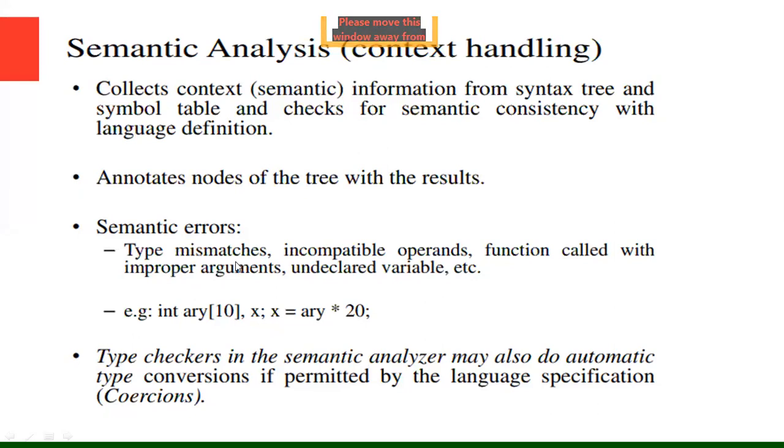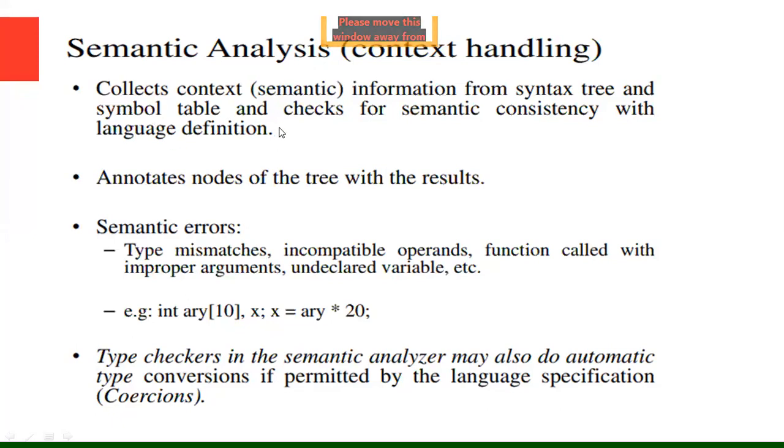So those types of errors can be generated when we are writing a program. So if the program has any errors, those errors are intimated to the syntax analyzer, and those errors are rectified by the semantic analysis. Okay. So this type of errors can be generated by the semantic analysis.